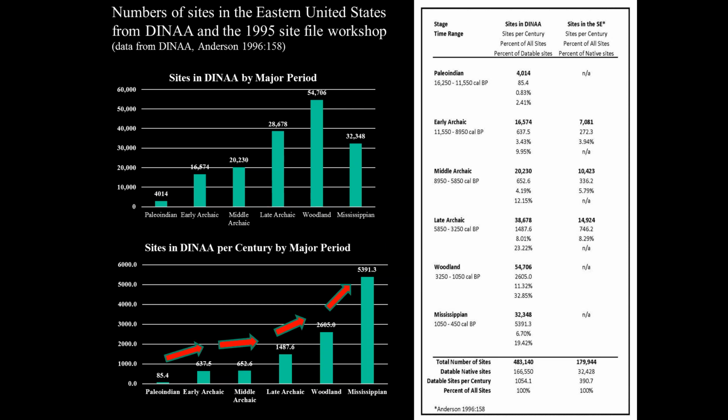Overall, the numbers of components grow very rapidly in the early Holocene, slowed in the mid-Holocene, and then grew very dramatically over the course of the late Holocene. Indeed, nearly an order of magnitude increase in components per century is evident between the Paleo-Indian and early Archaic periods, followed by little to no change in the Middle Archaic, after which there was a near doubling or tripling in each of the subsequent late Archaic, woodland, and Mississippian periods.